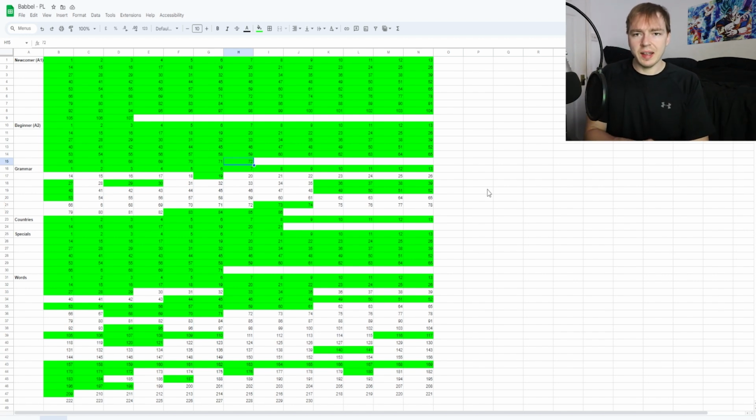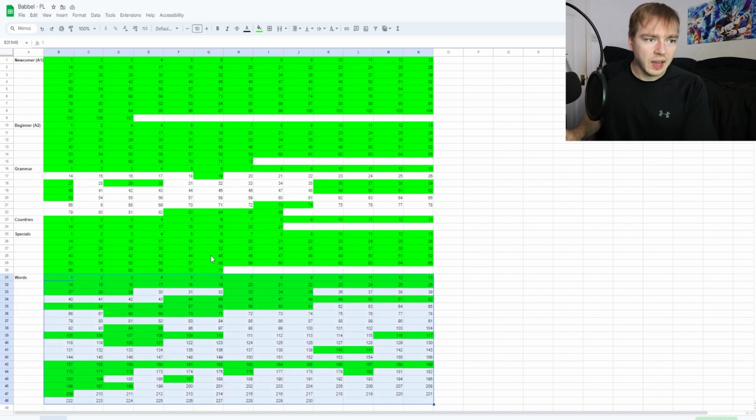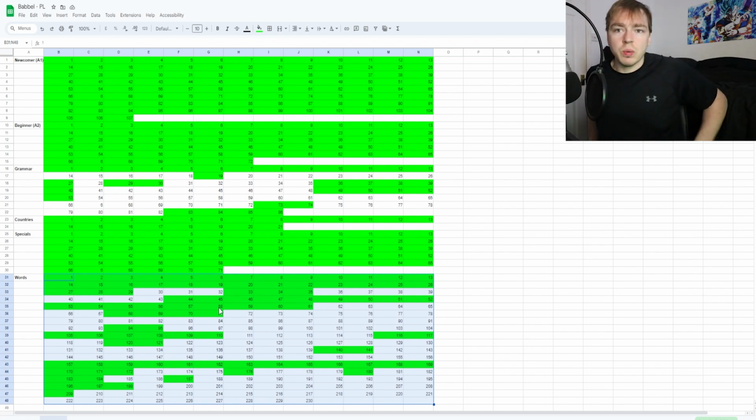When I complete a lesson, I can just then mark it off on my computer. But the words and sentences section down here, there are 230 lessons in total, and I've completed I think about 40% according to Babbel, which I think is around 90 odd lessons that have been marked out in green. So I can see kind of where the big gaps are.